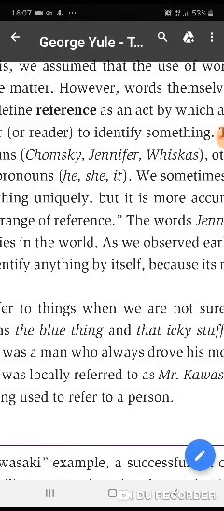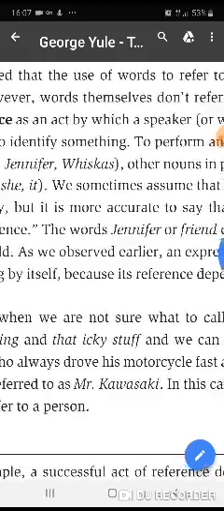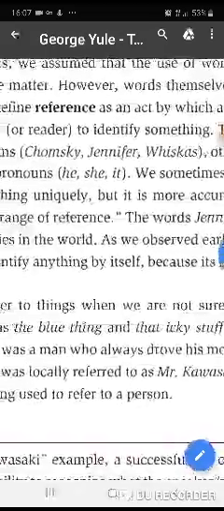Okay? Jennifer. What does it mean? It's the name of a person. Alweskas is again another. Okay? So,